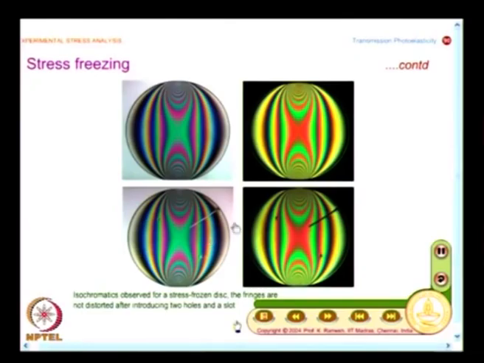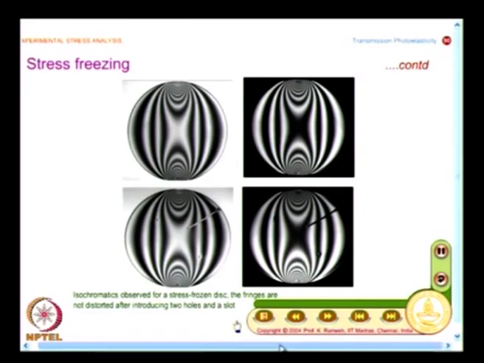I will show you that. But the point is well made, that a thermal cycling process can freeze the stresses. That is very important. The second aspect is, by careful machining, it is possible to cut slices which retain the stress distribution. And this is shown in color, and you have also the patterns recorded in black and white, because